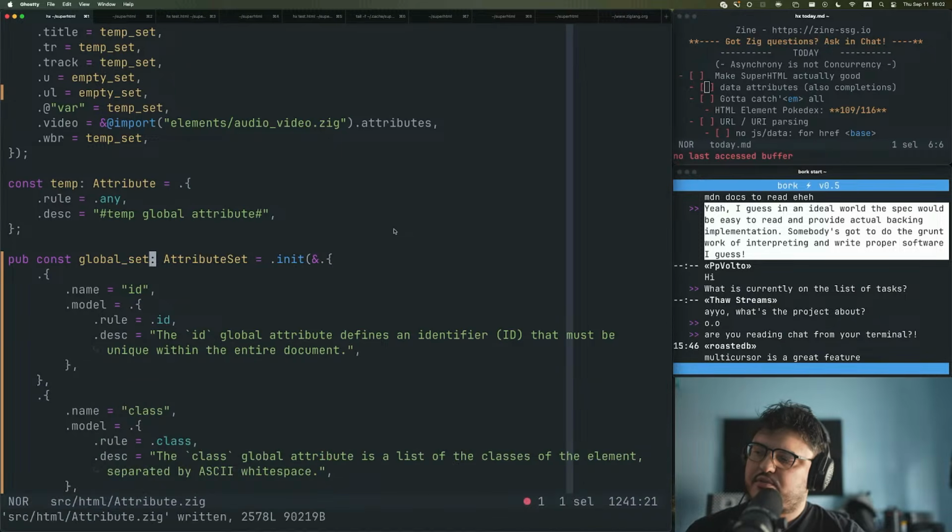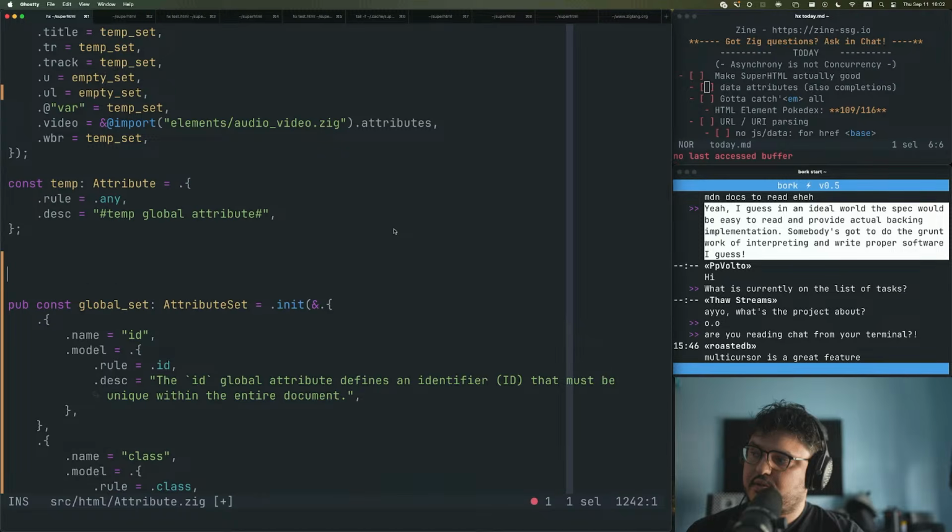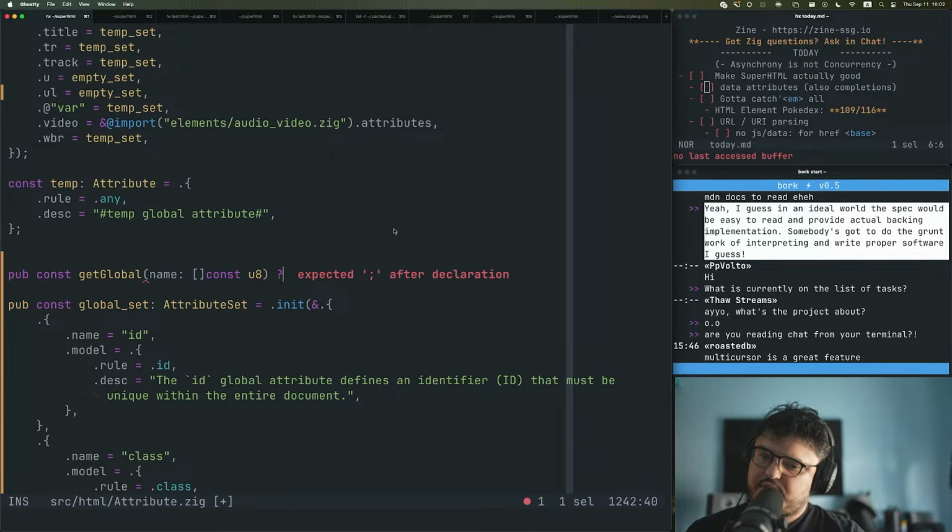I guess we can rename it to global set. And then we do pub const get global, and we give it the same signature, which is just a string. And it returns